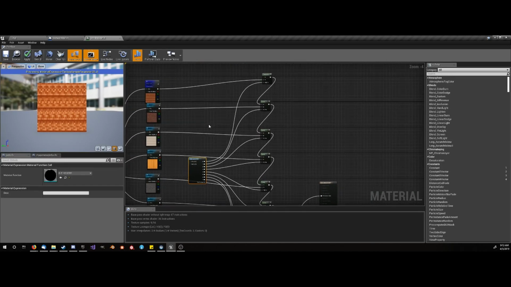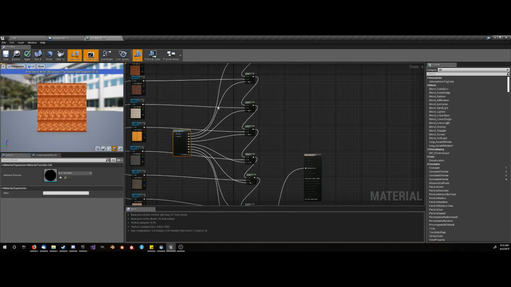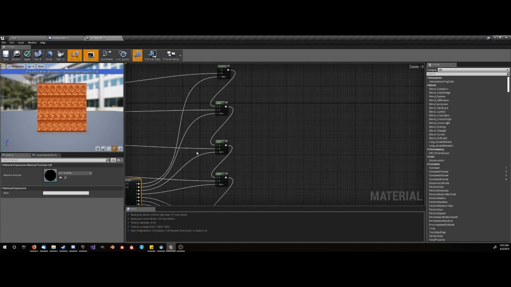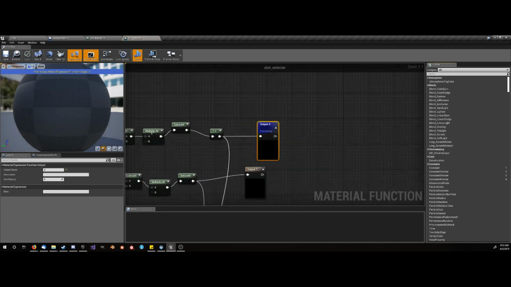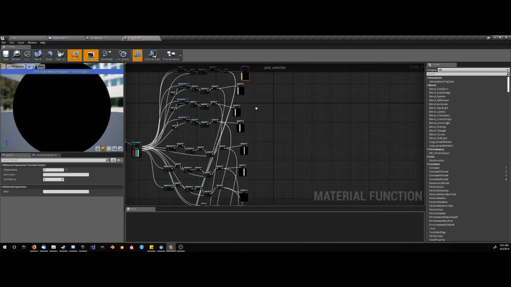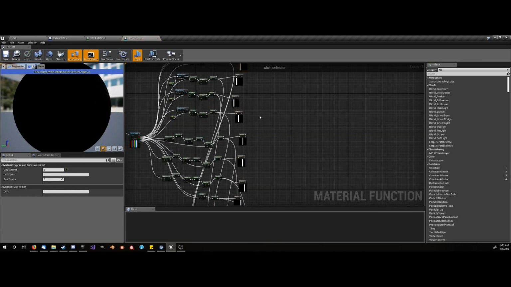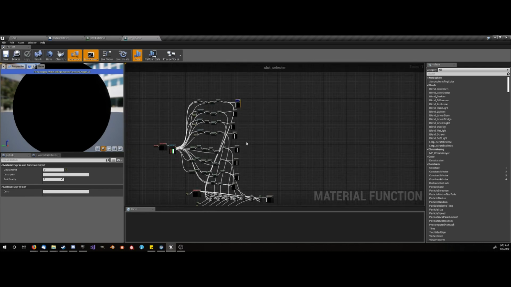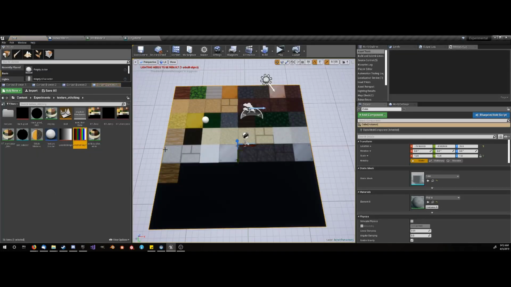And then I made a material function here that's a slot selector, and then plugged that into each of these. So if I open this slot selector up, you can see that it is incredibly messy, because this was the only way I could figure out how to do this, and I spent quite a while trying to figure this out. And so what I use is an image here